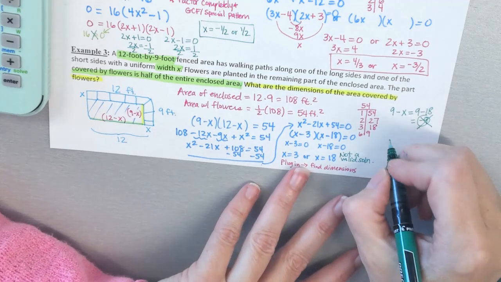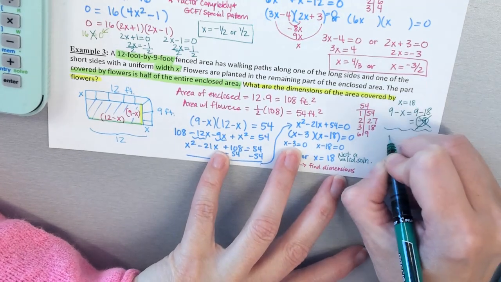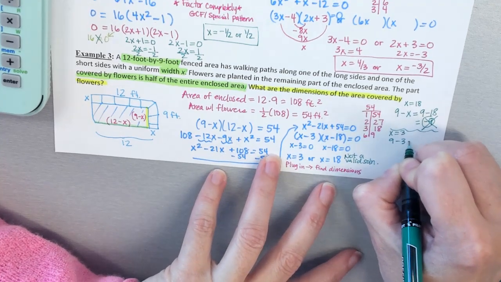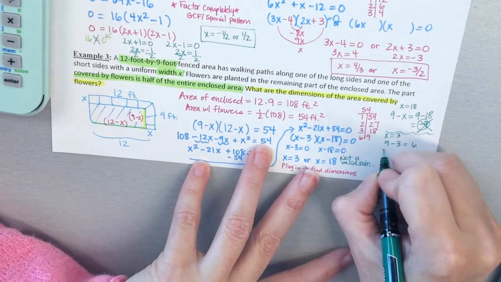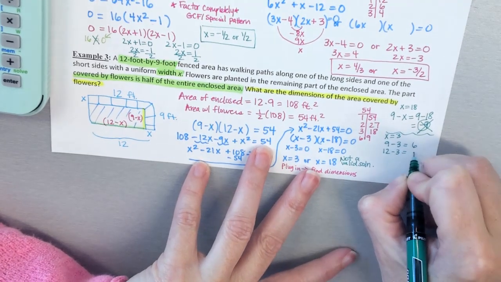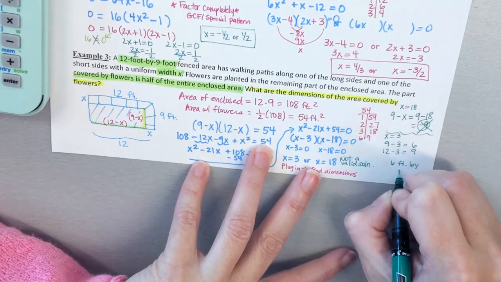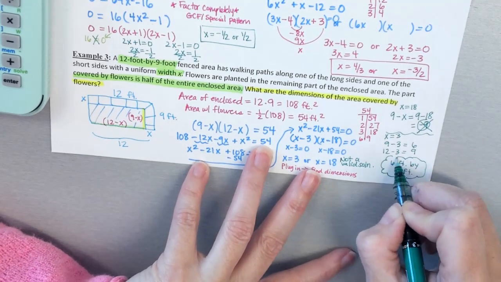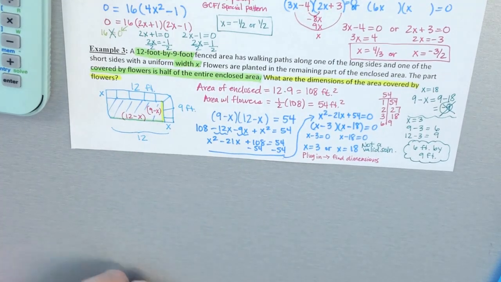Okay, so then let's try, this was x equals 18. Now we're going to try plugging in x equals 3. So if you have 9 minus 3, yep, that's a positive value. If you have 12 minus 3, that's a positive value. So this is 6 feet by 9 feet. Those are the dimensions of the flowers. Okay, so you do have to look for what that is in